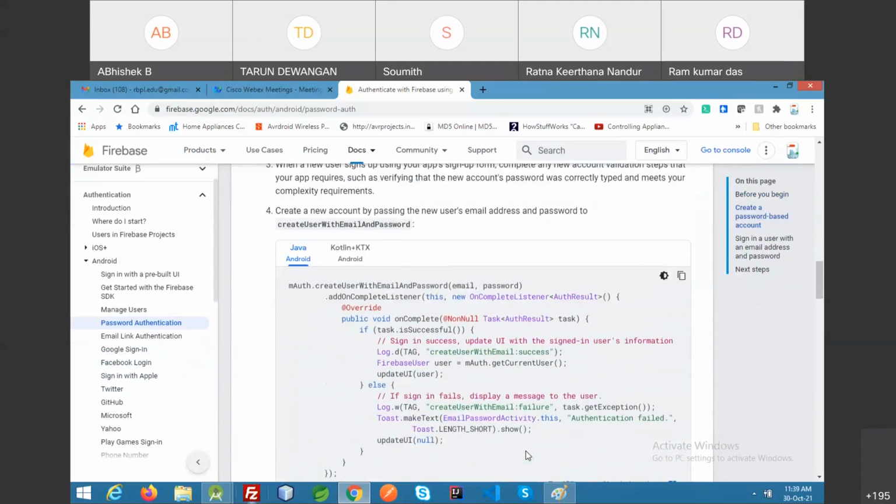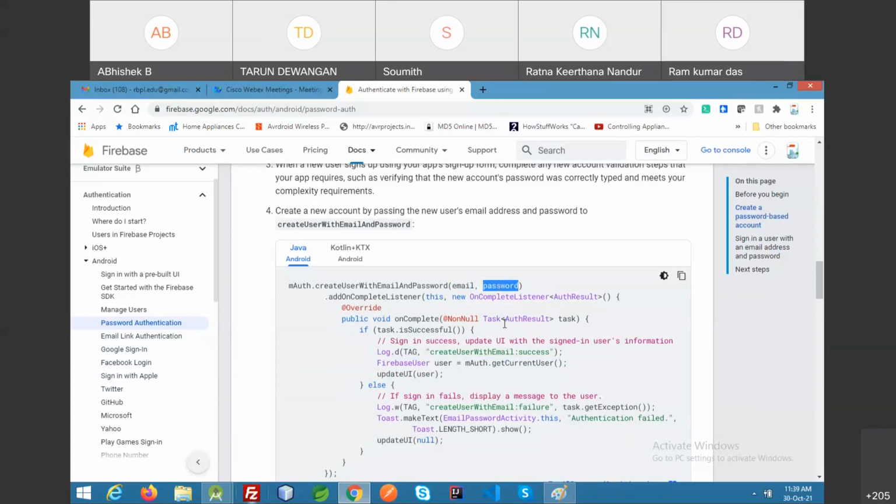If your task is authentication, then it takes the parameters email and password. You just need to call it. If it is successful, if the user exists in Firebase, then you will have that user and update the UI, the user interface. You have that email and password.